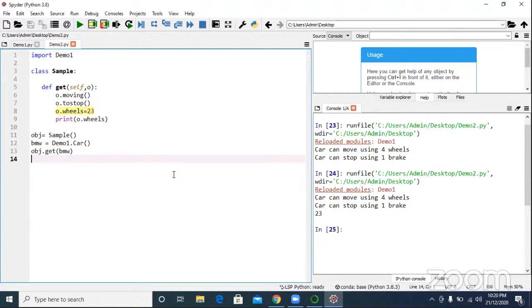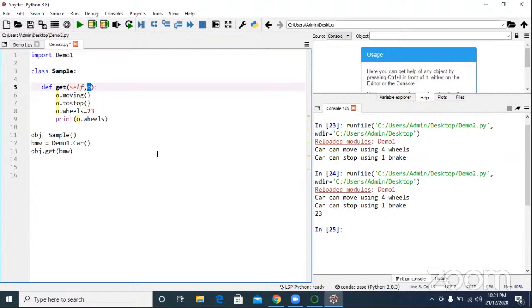So what if we pass some other value as a parameter? Then what happens to the method? See, in Python it's not like Java. First of all, I'm not telling any type. We can pass any type actually.